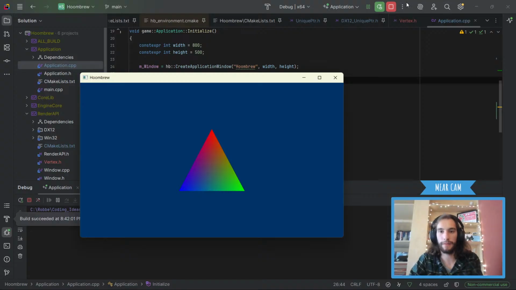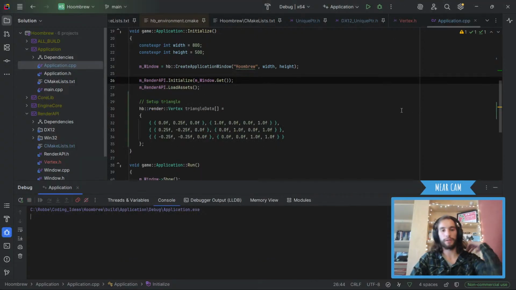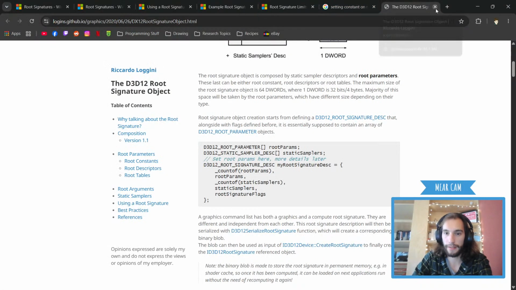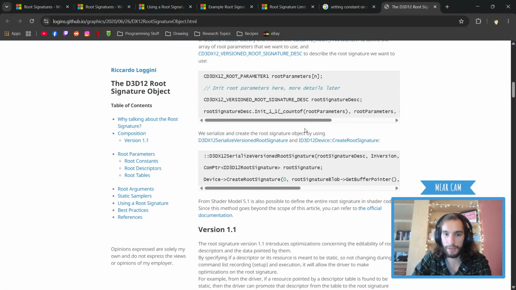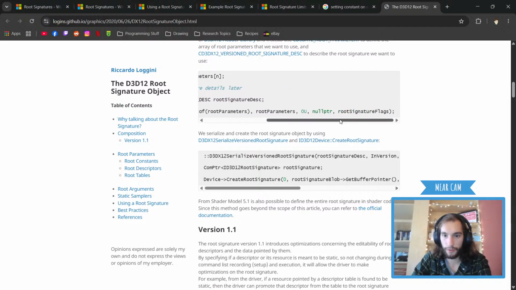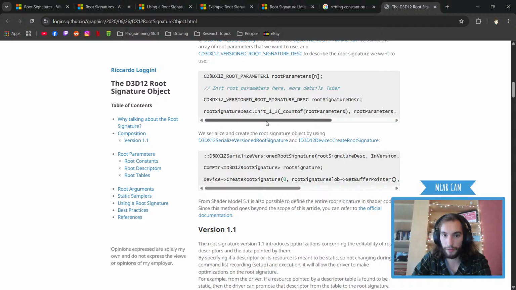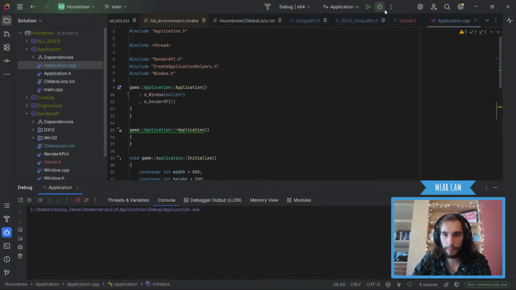But yeah, okay, let's actually continue this. So I know what the root signature is now. I think it's fine if we leave it empty. Can we bind it in any other way? We can call an init, which already gives us our root parameters. Do we call init as well?